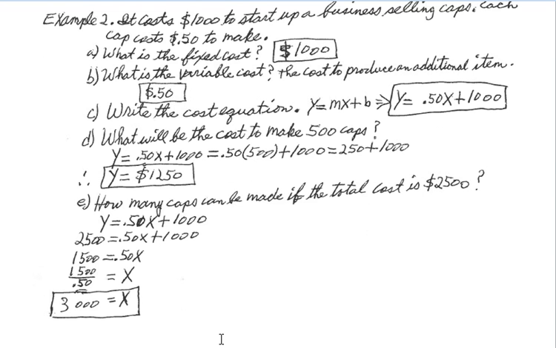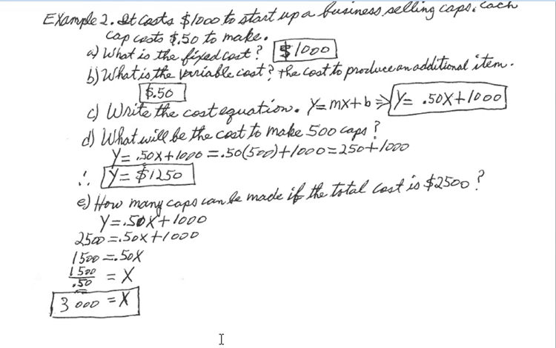Part E. How many caps can be made if the total cost is $2,500? Well, once again we use that equation y equals 0.50 x plus 1,000. Only this time the total cost is given, which is y, so 2,500 equals 0.50 x plus 1,000. So we have to solve this equation for x to determine the number of caps that have to be produced at a cost of